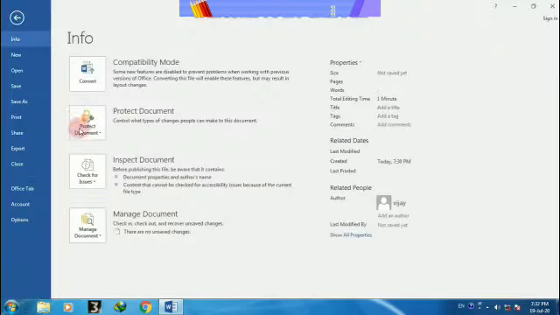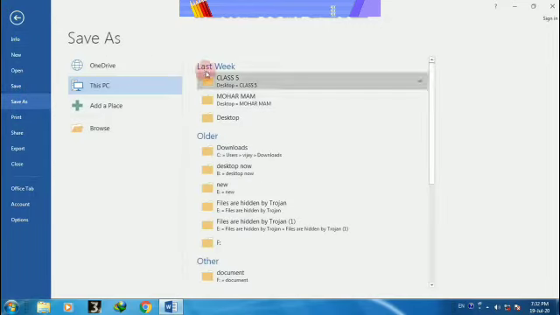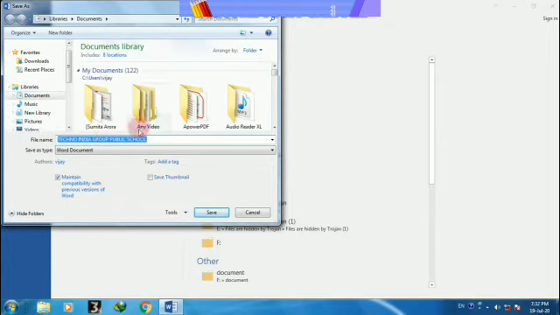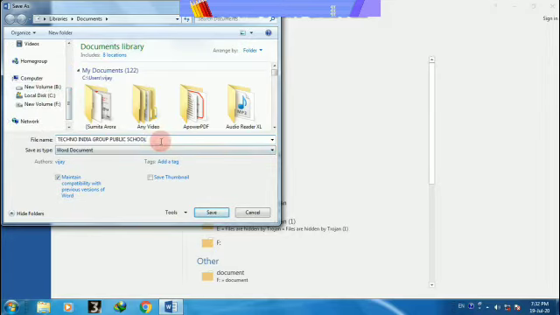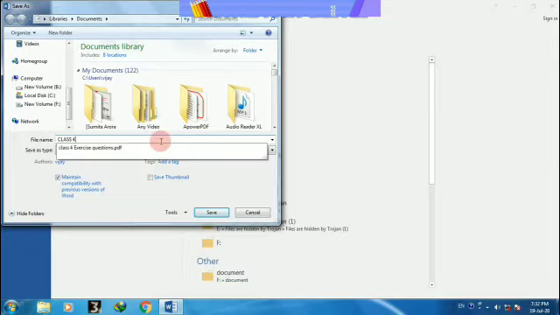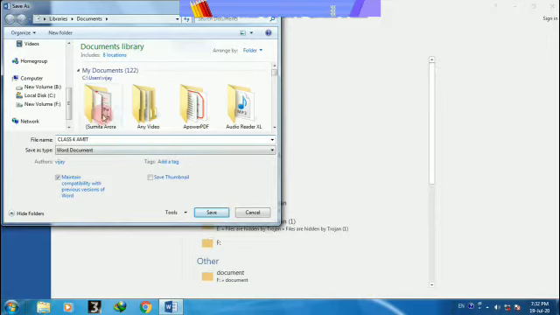Click on file and then click on save. After clicking on save, you will browse and choose the location where you want to save your file. Type your name, select your location, and we will write down the name of your document, and automatically it considers the extension of your file.